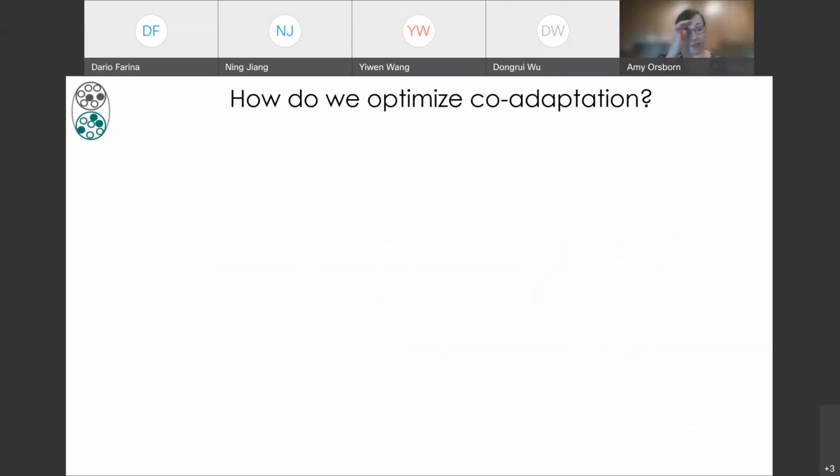So this is very exciting, but I'll be the first to acknowledge that that study just picked one strategy for co-adaptation. And we by no means know what the actual optimal approach for doing that is to optimize performance in the system. So this is a really interesting question to start thinking about. Let's take a step back first and think about what exactly is being learned by the brain and the decoder in a co-adaptive system.